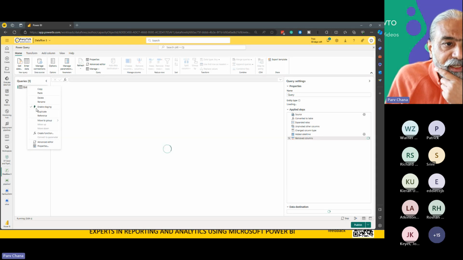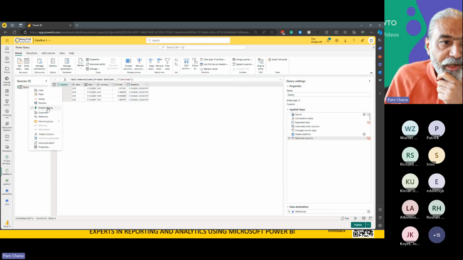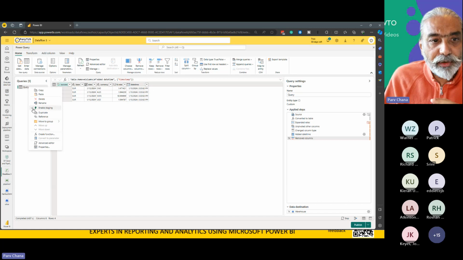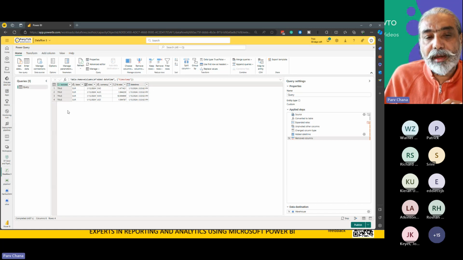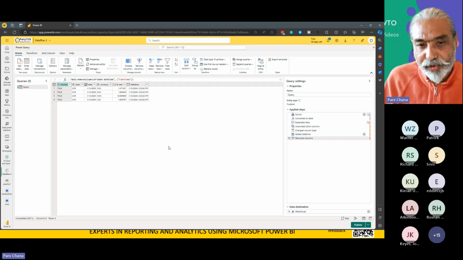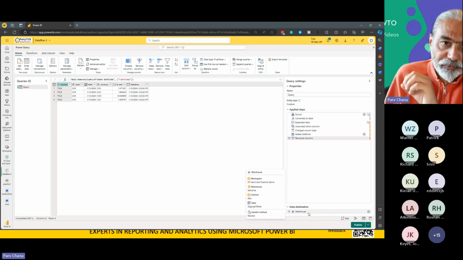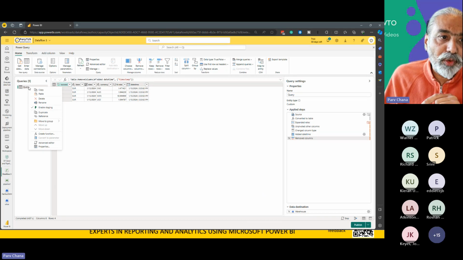This is really important, and it's becoming more and more critical now: Enable staging. By default it is turned on, and I wish it was turned off by default. What this means is that when this transformation runs on the query, whatever steps it runs, it writes the data to the staging lakehouse and warehouse behind the scenes, and then it processes and sends it to our final output. If there's no need to stage it,